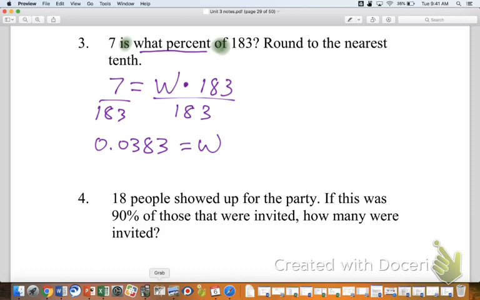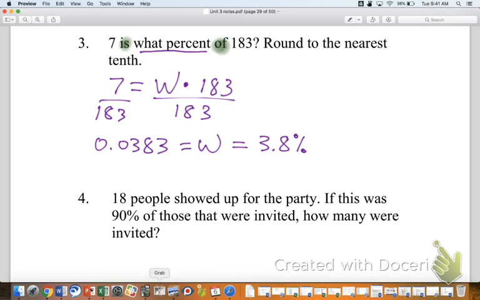So this one has a tricky finish, because if you look back at what this question asked, didn't it say 7 is what percent? In other words, what part of 100? I have not answered that question. I've given a decimal version of that. This is where that skill we talked about in the video is important. We need to move the decimal over. If we're going to have a percent, we need to move it over 2 places. So we'd end up with